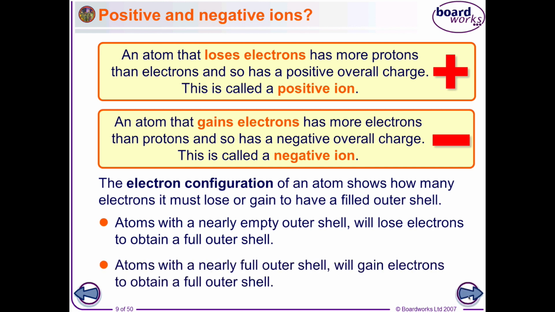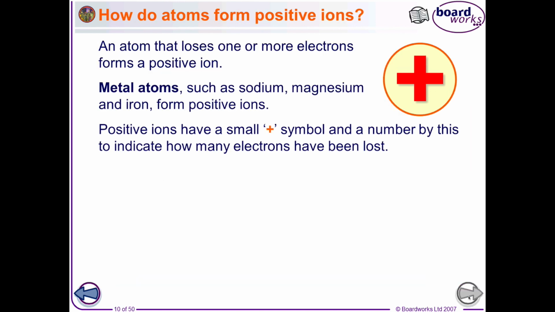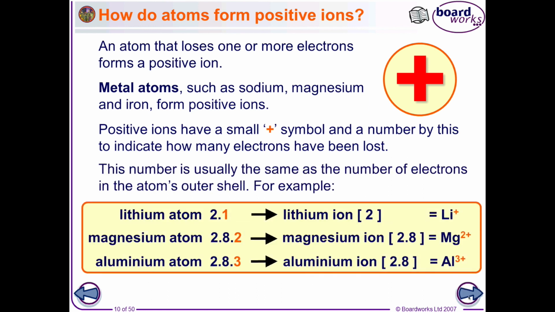Atoms with a nearly empty outer shell will lose electrons. Atoms with a nearly full outer shell will generally gain electrons. Right, okay, so we're having a look at a few positive ions here. Now, these atoms at the bottom are all